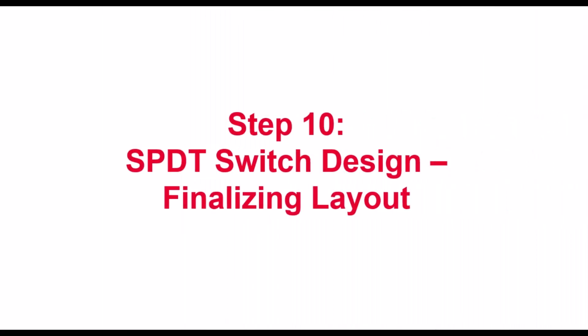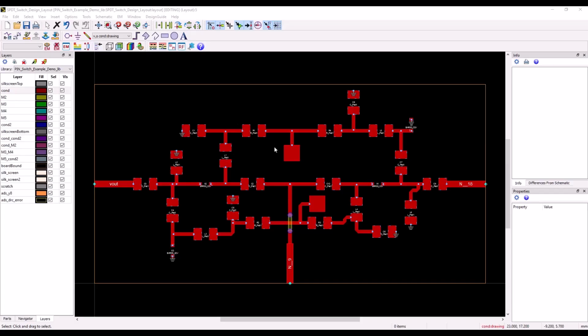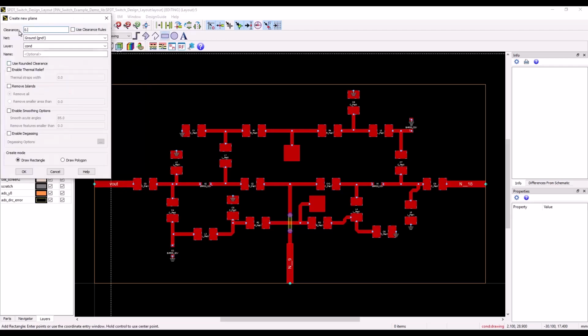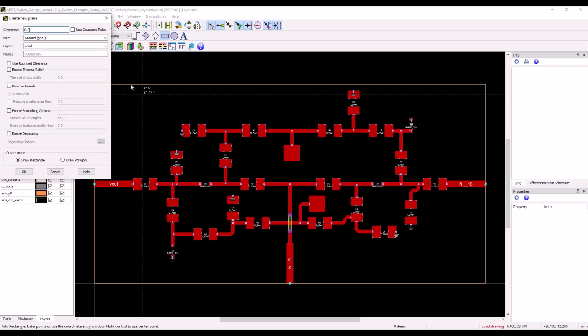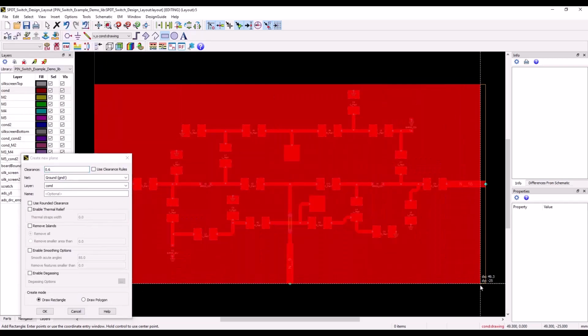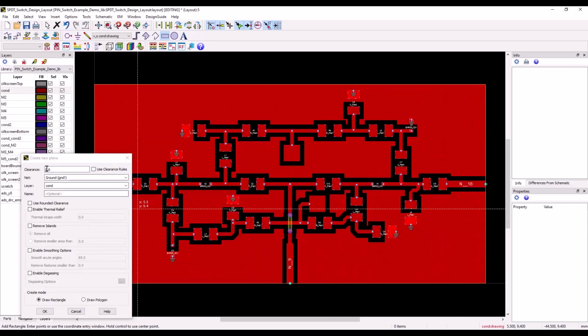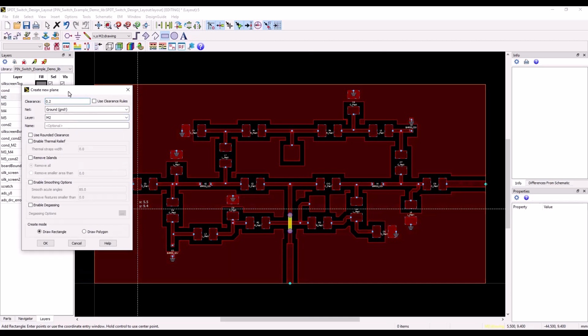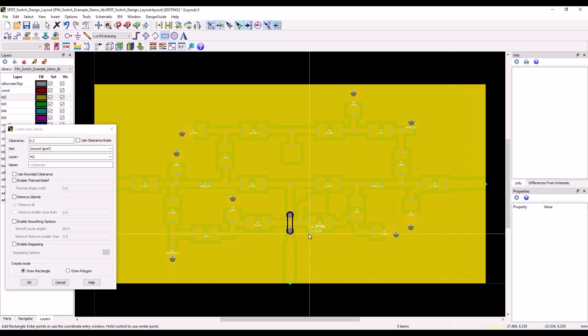Now let's talk about finalizing our layout, which is ready for EM analysis as well as fabrication. So we will start by insert plane, enter the clearance to be 0.6 mm in this case on the con layer. Use the bounding box as a guiding light to pour the copper. Similarly, on M2 layer, we will use clearance of 0.2 and pour the ground to create clearance and have the